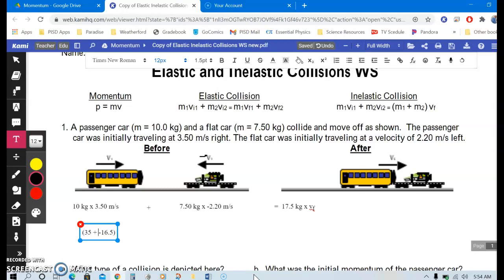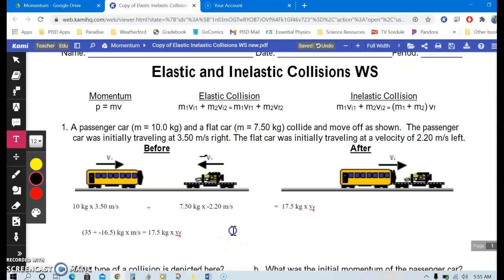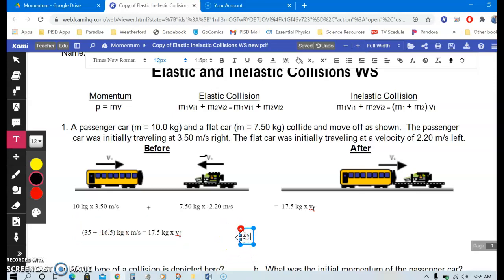All right, and whatever we get when we subtract those two are going to be kilograms times meters per second, equal to 17.5 kilograms times the final velocity. All right, then we would divide both sides by 17.5, so you would add these two together, you get about 18.5, so you end up with 18.5 divided by 17.5, which gives you,